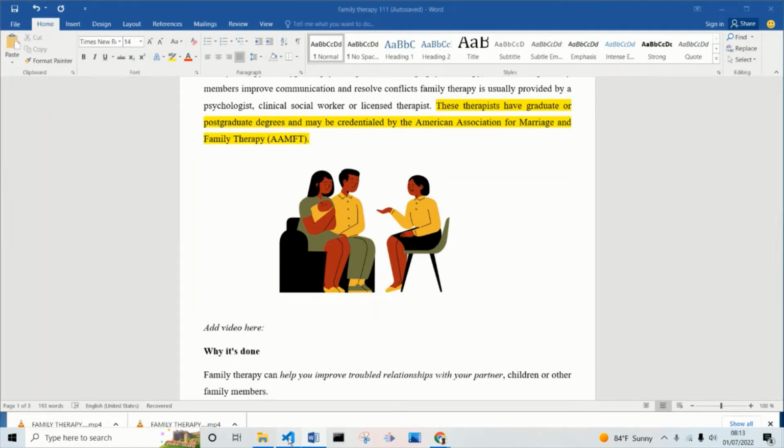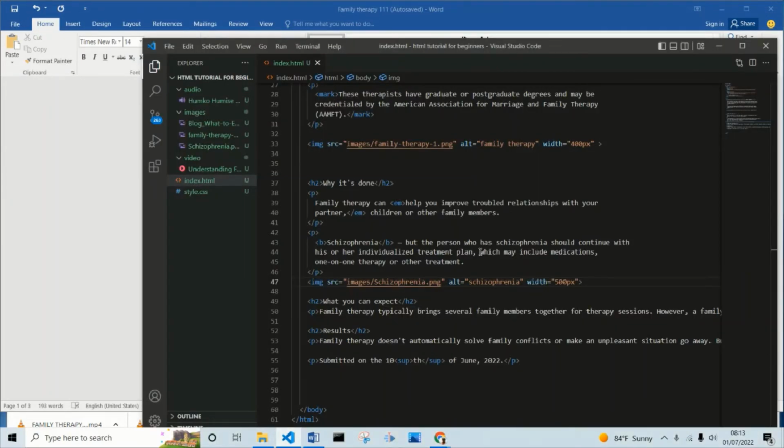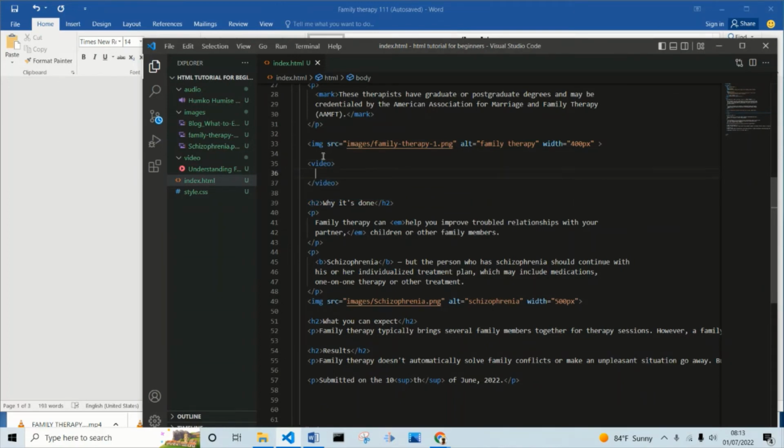So let's go back to the code. Alright, so the video is here. Now let's put the tag for the video. So we have video as a tag to close it. And then for videos, we have a nested tag. Okay, so the nested tag for this video is called the source tag. You add the source, and then you now add attributes, which is the source, equal to